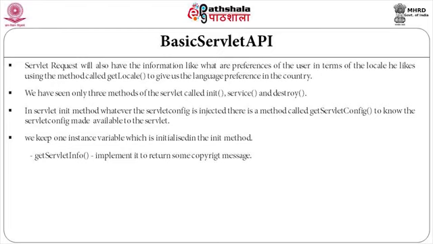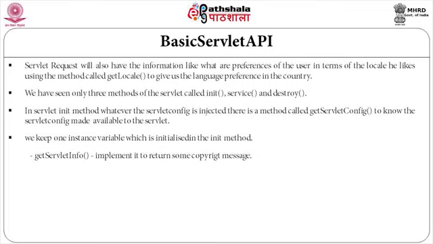Fine. There is another additional method that is part of the servlet interface, called getServletInfo. This is a simple method which someone can just implement to return some copyright or similar information, anything which the servlet developer would like to return related to the information about the servlet. Normally what is returned is a copyright message. That is what is normally returned as the implementation of getServletInfo. Fine. So, servlet has 5 methods.